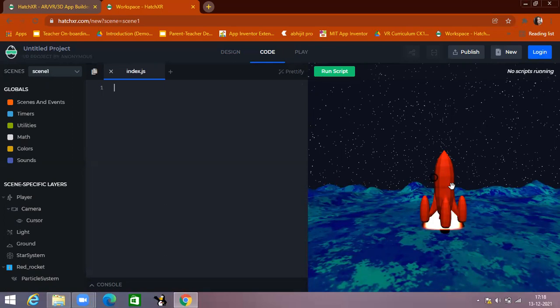So what I have to do is find the current Y position of the rocket, and according to that, we can change the Y position of the rocket. So how do we know the current Y position of the rocket?